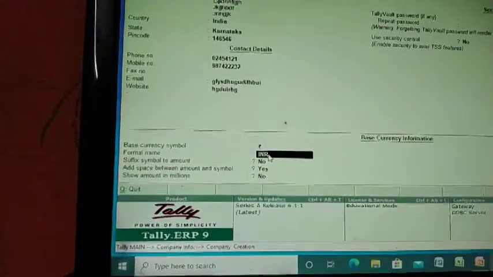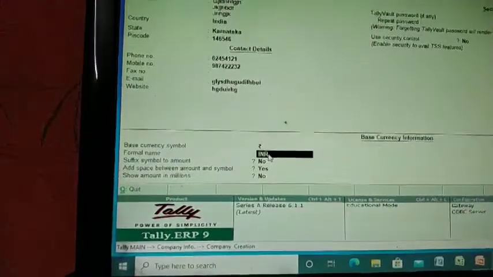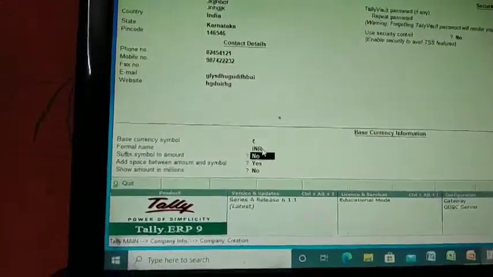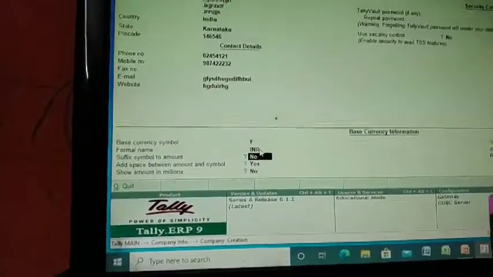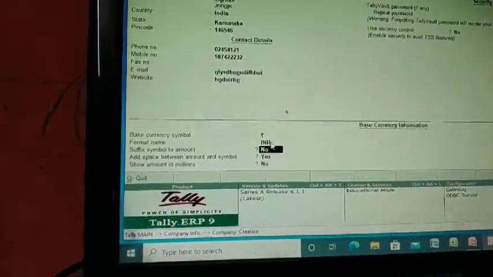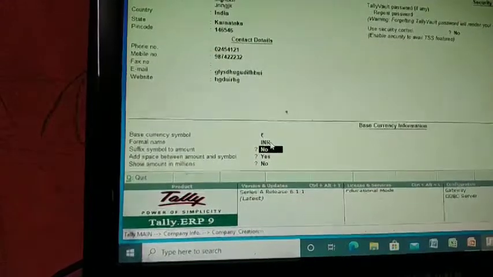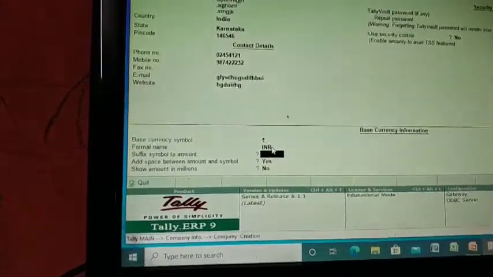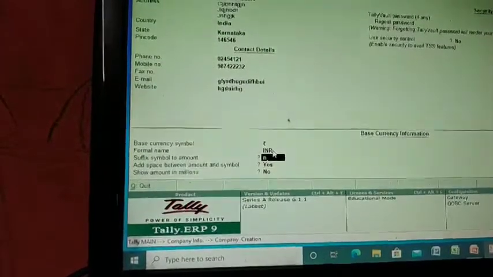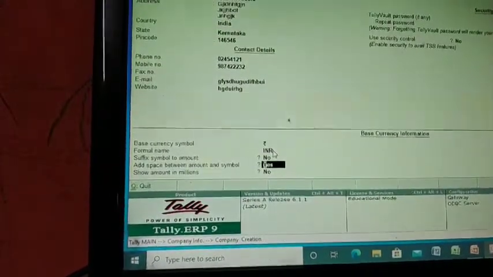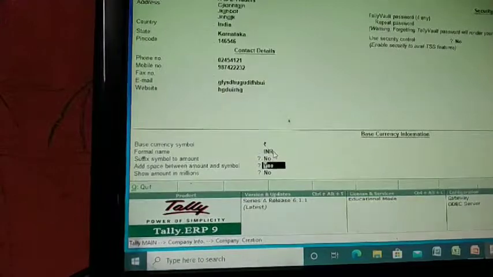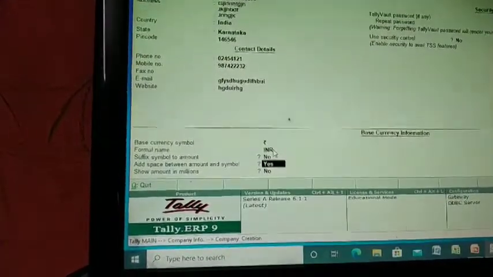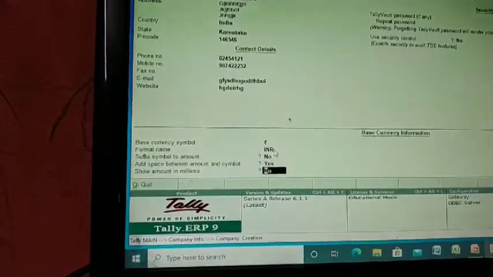Next, the formal name of the currency, Indian rupees, INR is the short form. It will appear there. Then if you want to suffix the symbol to the amount, if you want to suffix the rupees symbol for your amount, you can do that by pressing yes. Yes or no, you can select. Next, if you want to add a space between the amount and the symbol, you can do that. By default it will be yes.